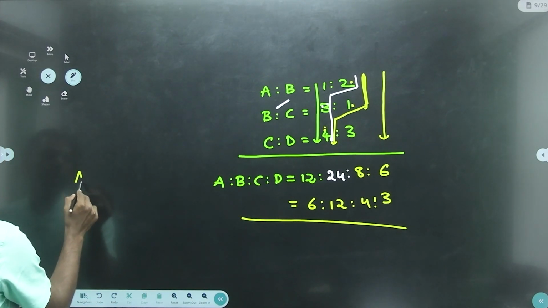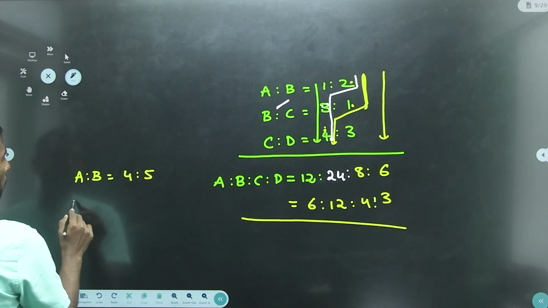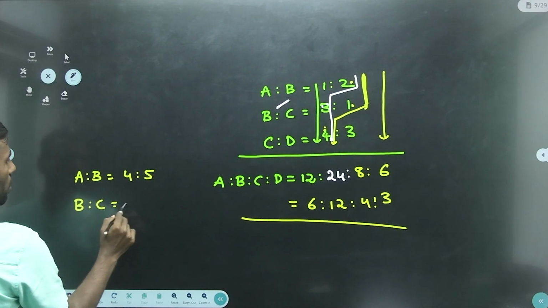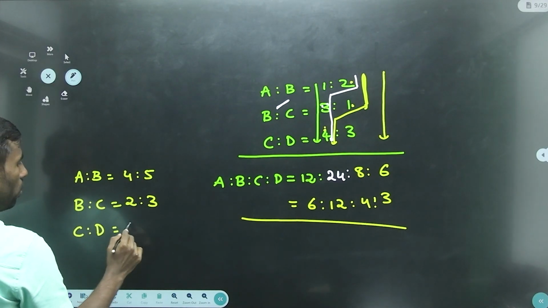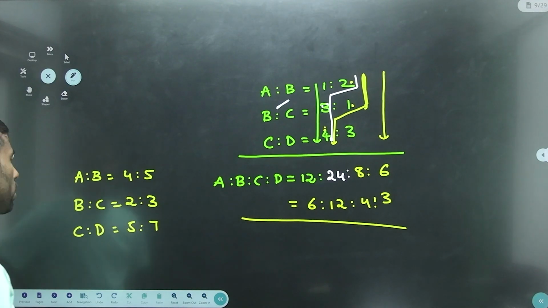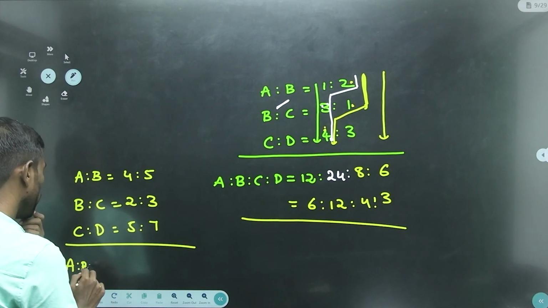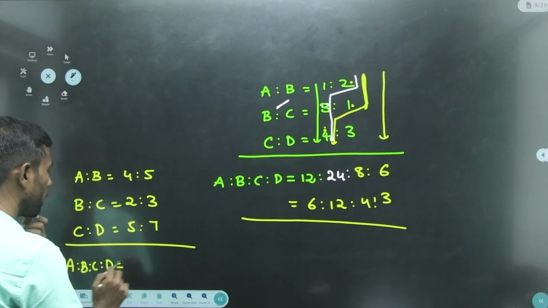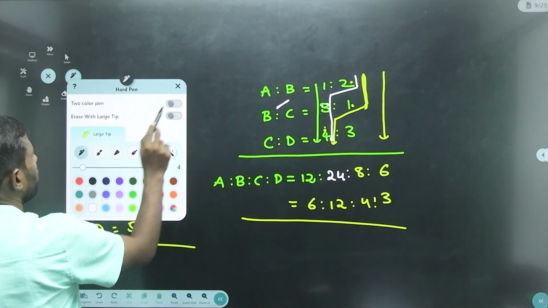Suppose A ratio B is equal to 4 is to 5. B ratio C is equal to 2 is to 3. C ratio D is equal to 5 is to 7. Find out the ratio of A is to B is to C is to D. Okay. Now,